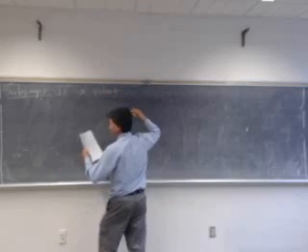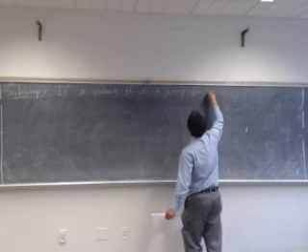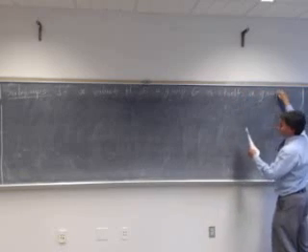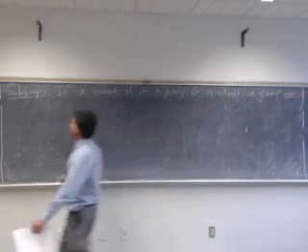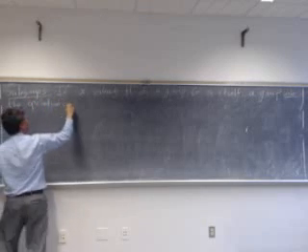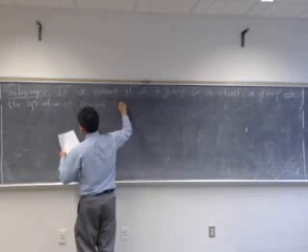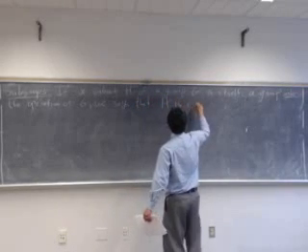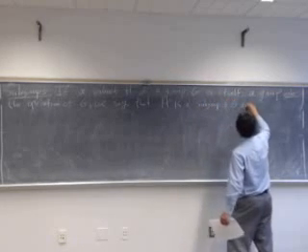So if a subset H of a group G is itself a group, and here this is underlined, under the operation of G, we say that H is a subgroup of G,